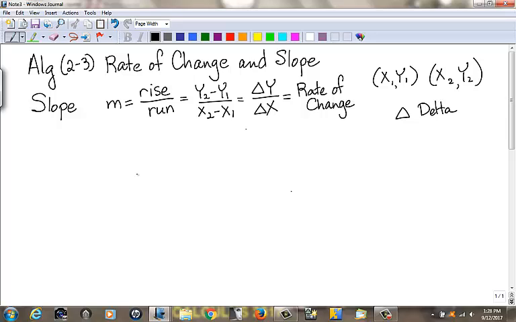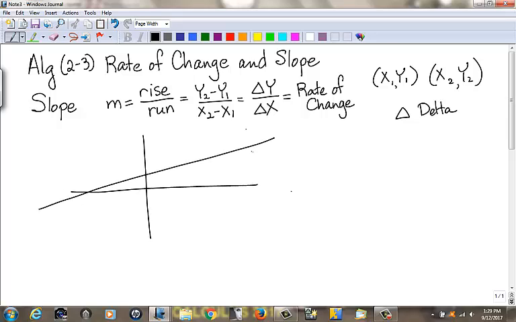Okay. If we do it picture-wise, let's say I have a line that comes through here. At any point on that line, because the slope should be the same all the way along that line, you can pick two ordered pairs on that line, and usually you want to pick two that are on the grid so that you can tell what they are, and you can draw a right triangle, and this would be considered the run, and this would be considered the rise. And if you labeled your two points, the x sub 1, y sub 1, and the x sub 2, y sub 2,